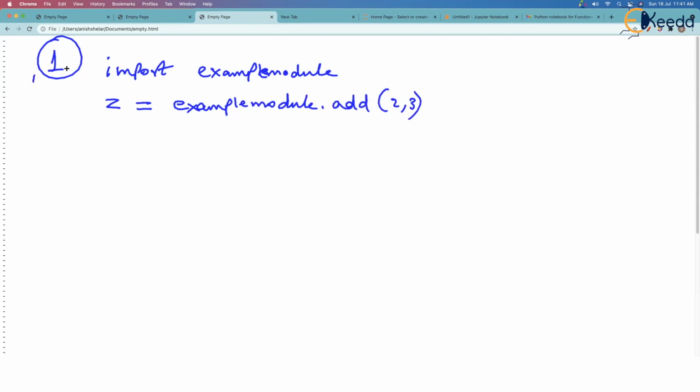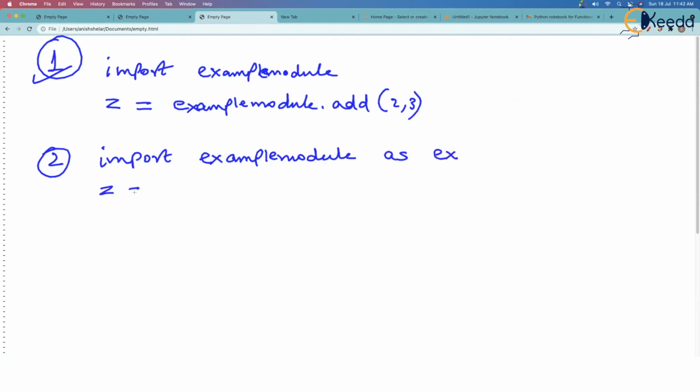But just see that it works. Okay. The second method we saw was you can import the module, and while importing the module, you can give an alias, some user defined name, so that now while calling the function, you have to use this alias. You can't use the original name and then say ex.add 2, 3.